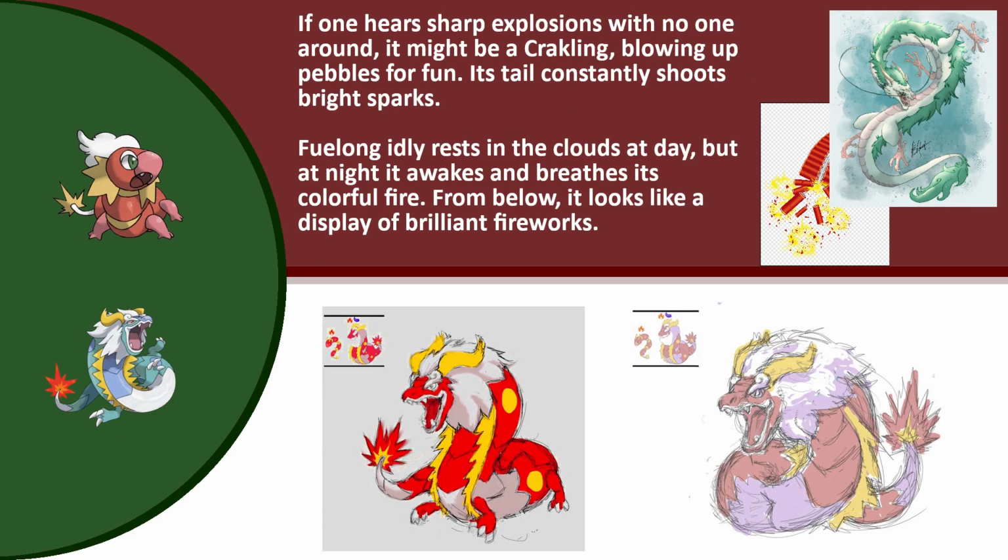Crackling and Fuelong. I really, really appreciate how Crackling starts off as red and Fuelong ends up blue. It's such a stark contrast between the two, but its inspiration is so blatant that the connection is still made. Much like Glocto and Lavoon. The fire represented on its tail, I think, is a better call-out to what its inspiration is rather than Charmander,